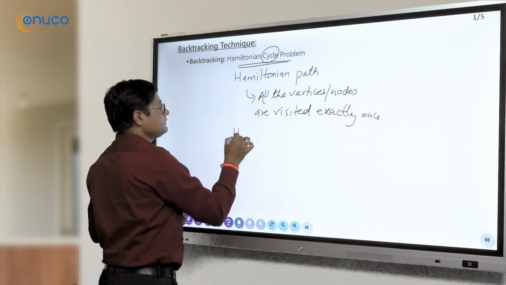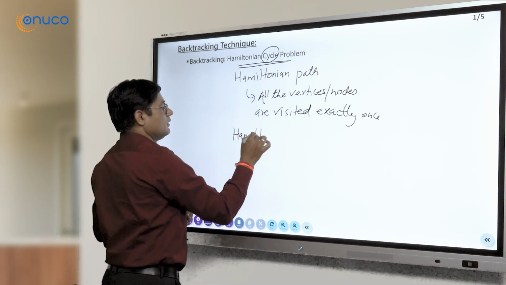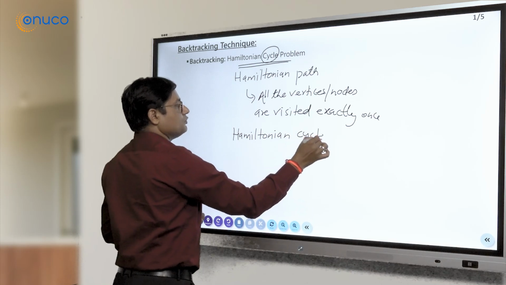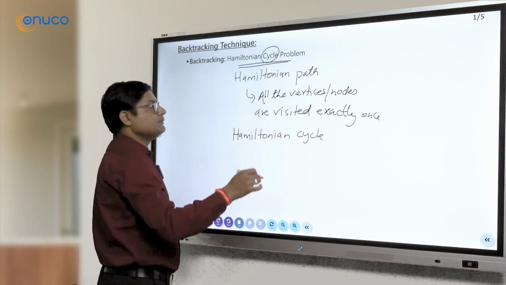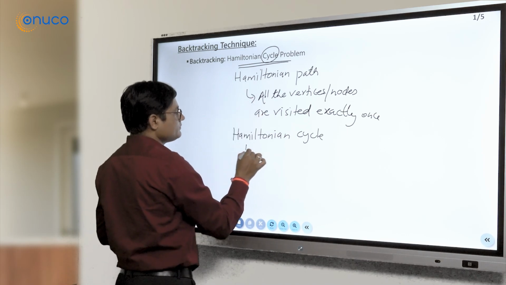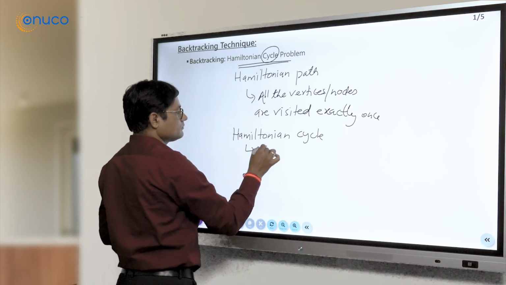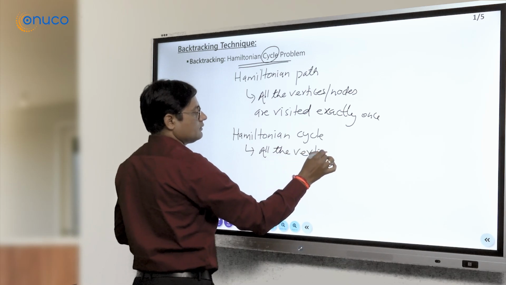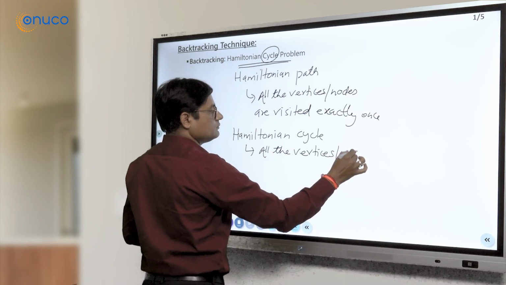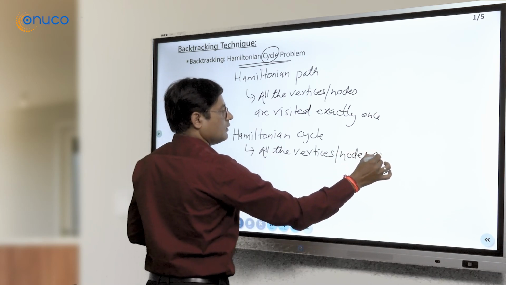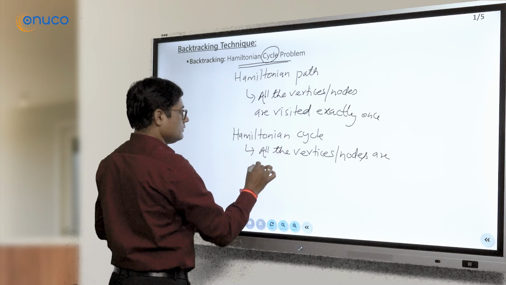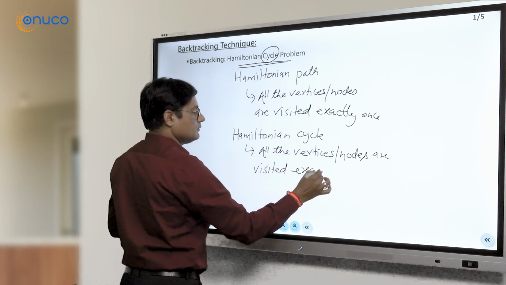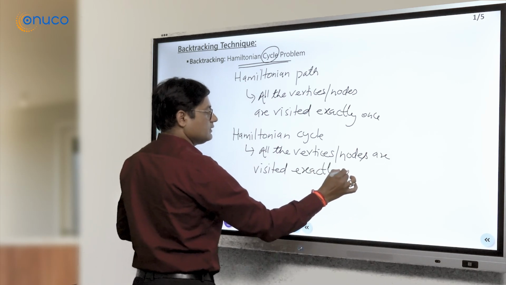Now, what is a Hamiltonian cycle? When we talk about a cycle, it means one loop is completed. Same definition: all the vertices or nodes are visited exactly once